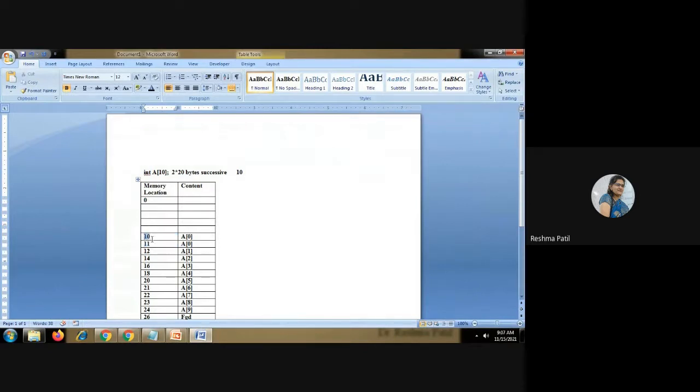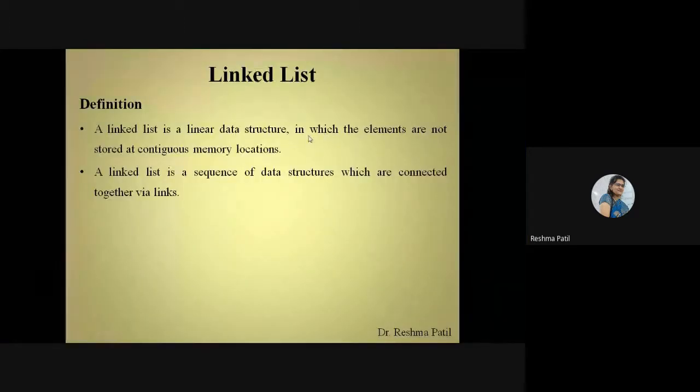For the first element a of 0, memory locations 10, 11 are taken. For the second element 12, 13. For the third element 14, 15. So continuously we have stored these array elements, but in a linked list elements are not stored at contiguous memory locations. We will take any location from the memory.